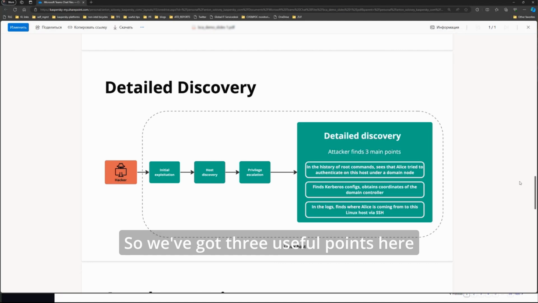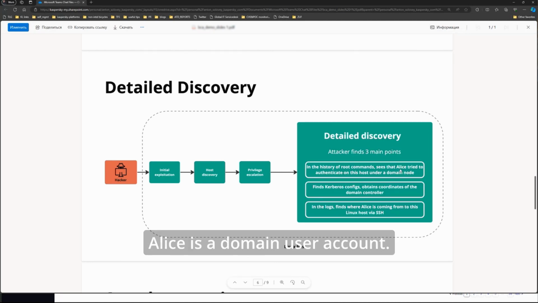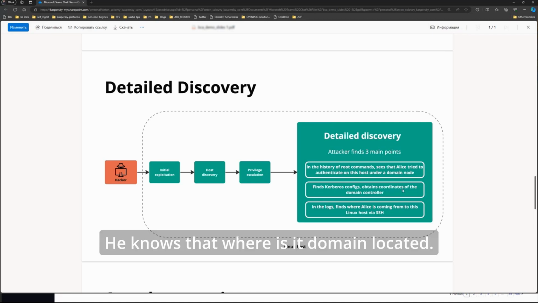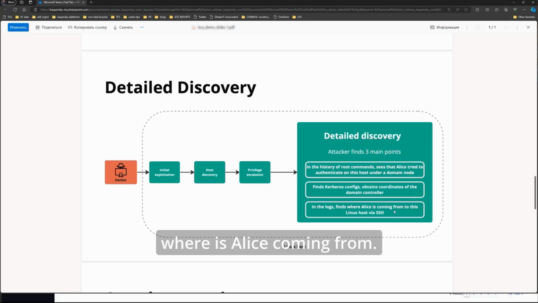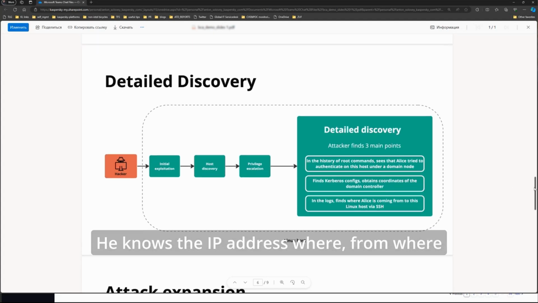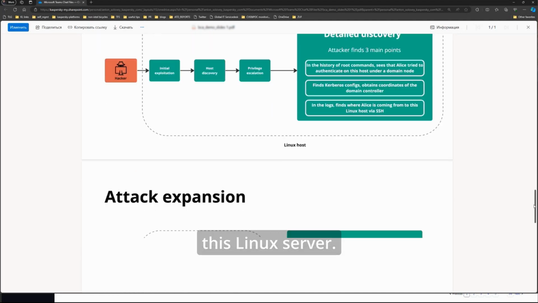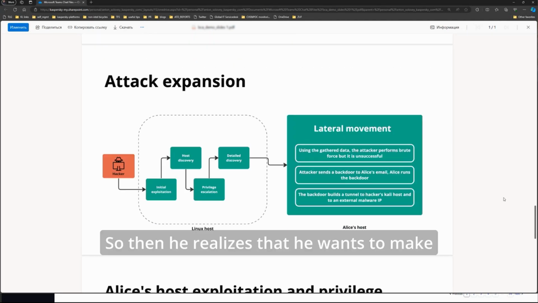Okay, so we've got three useful points here from the attacker's understanding: that Alice is a domain user account. He knows where the domain is located, so he knows its coordinates, and he knows where Alice is coming from. He knows the IP address from where Alice has been trying to get access to this Linux server. So then he realizes that he wants to make some lateral movement,